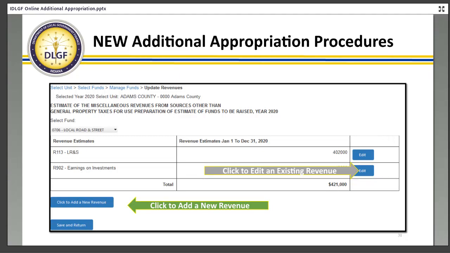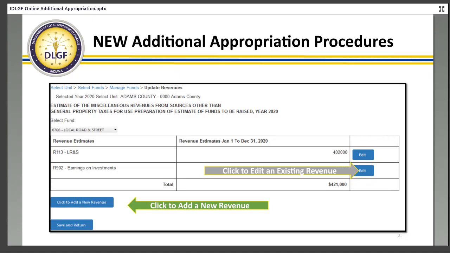In other words, we're going to remember that you have already informed us that, we'll call it, Fund R902 went from $100 to $150, so you won't need to keep entering it. Again, that's not going to change what we use to certify it. It's not going to change what was originally reported in Gateway, but that additional information will be used for each additional appropriation that is submitted to the department during the course of the year.